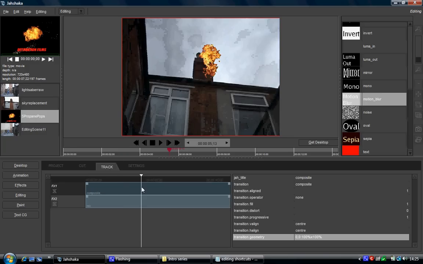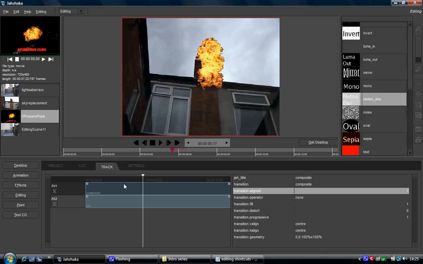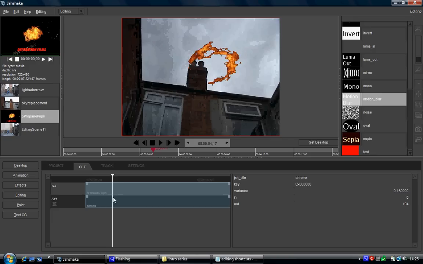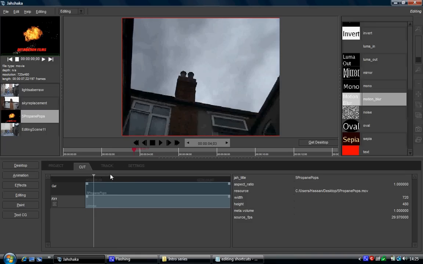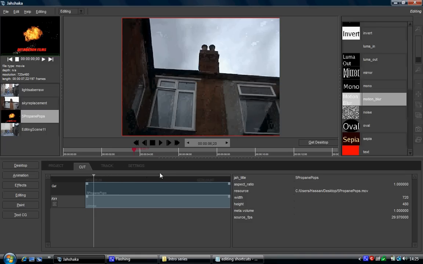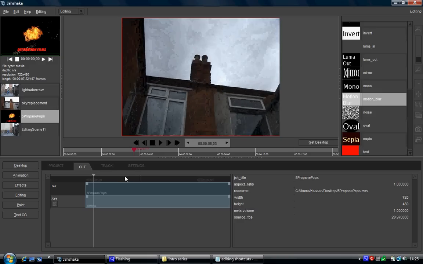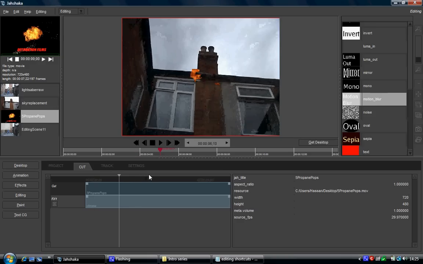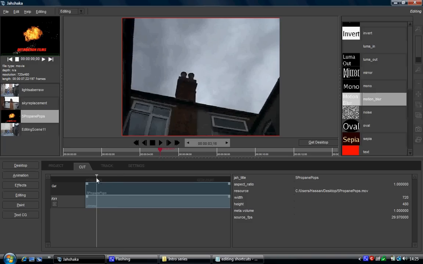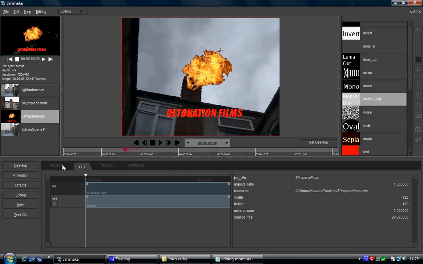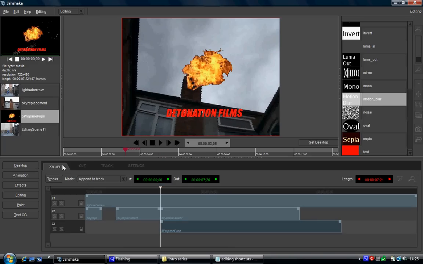We go back to our composite thing, and I'm sure there's a way to scale this. Oh, maybe not. No, guessing not. Again, I've shown you how to do it in the animation module. It's probably better to use the animation module to use said image. And there we go. I hope this was an informative